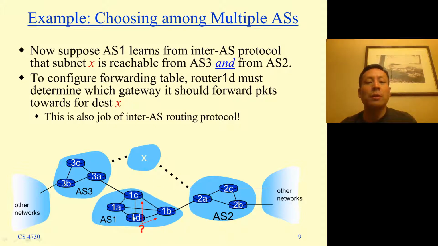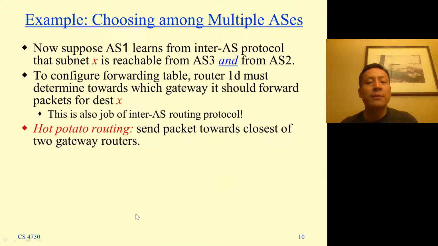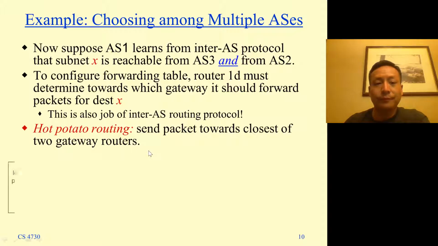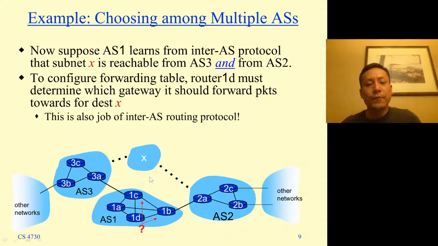what we do is, instead of trying to figure out the global shortest path, we do local optimal routing. This is called hot potato routing. Hot potato routing is like when you have a hot potato in your hand, you try to throw it away as soon as possible, right? So in these specific cases, you just send the packet towards the closest of the two gateway routers, right? For example, you know that 1C can lead to X,